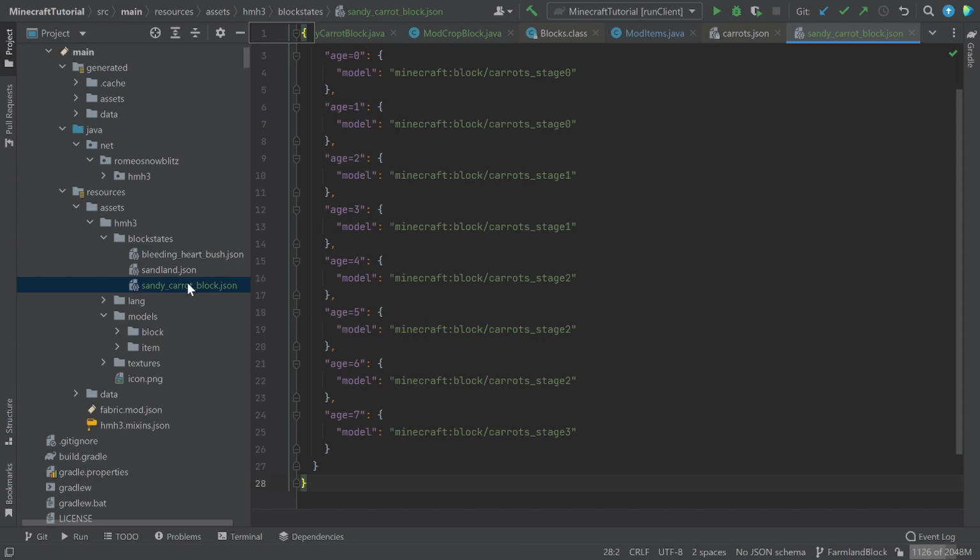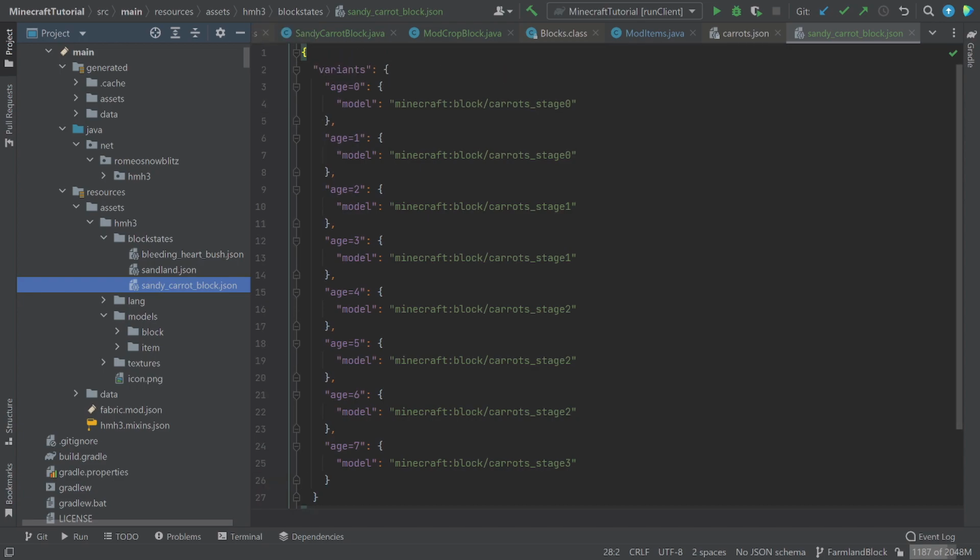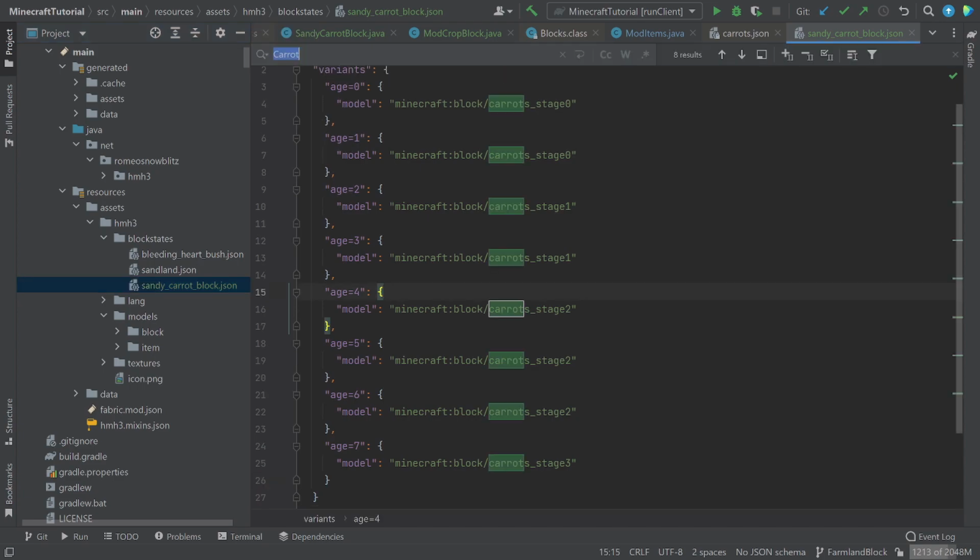If you want to just simply call it like carrots, like with an S, or if you want to call this sandy, oh no, I don't know, whatever you feel. If you just want to make it plural so you don't have to write block, completely up to you. Just looks a little nicer. But moving on, Control F. We are going to need to change